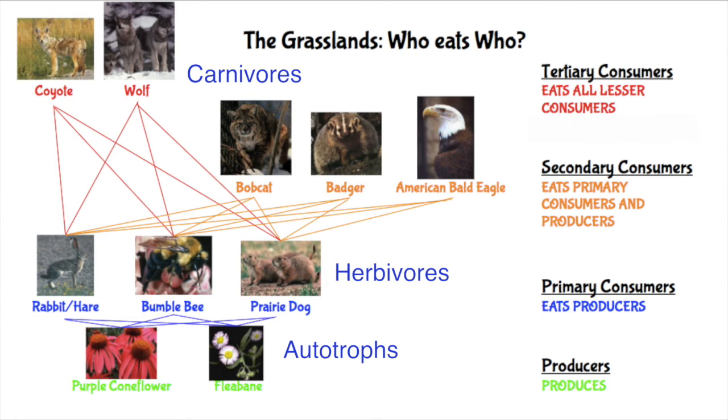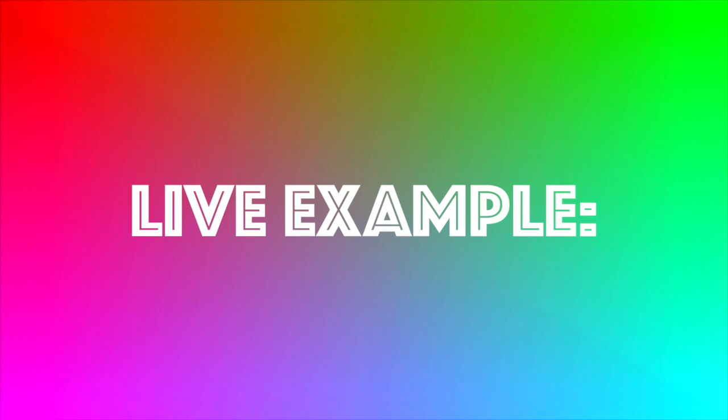Okay. Here is a food web which tells us who eats who in the grasslands. So first are the producers, which are plants, then come the primary consumers, who eat the producers, then the secondary consumers, who eat the primary consumers, and the tertiary consumers, who eat